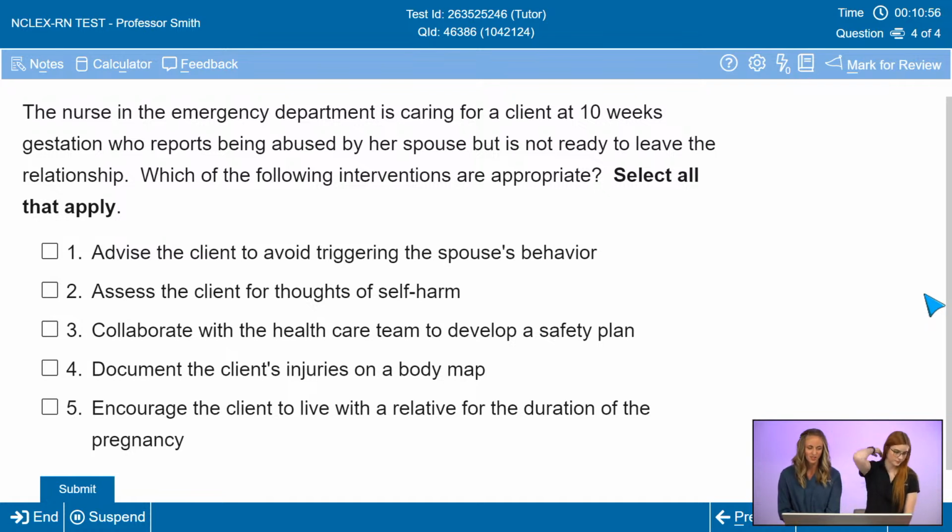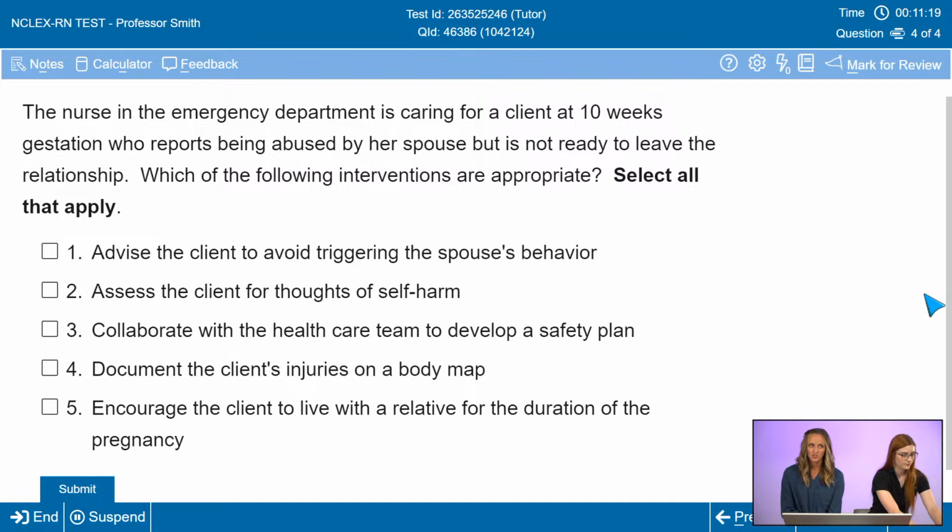So in this question, the client does report abuse. However, there are a lot of times within the clinical setting that you might encounter a patient who may have signs of abuse without actually reporting the abuse themselves. So it's important to treat each patient with empathy, to ask open-ended questions when you're caring for a client, and to trust your gut instinct.